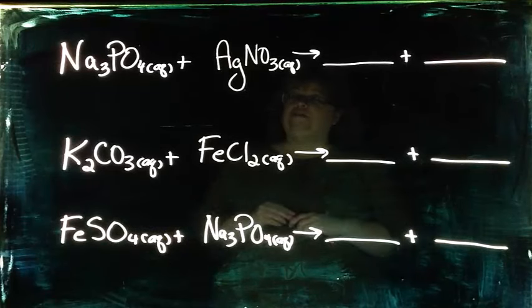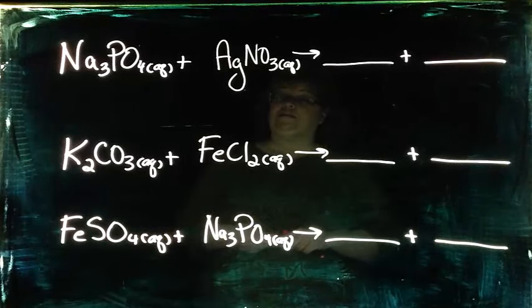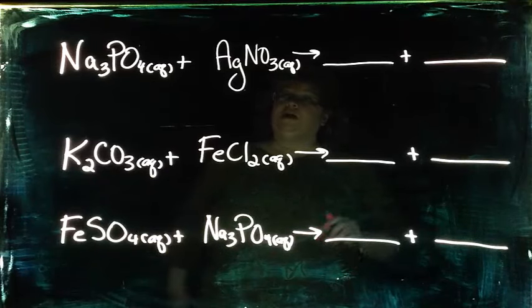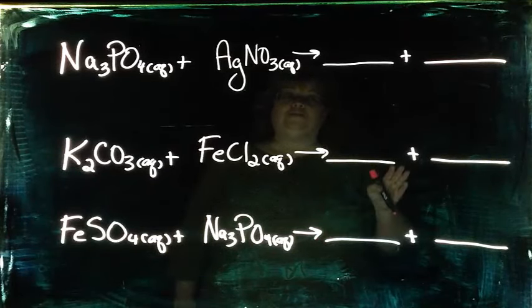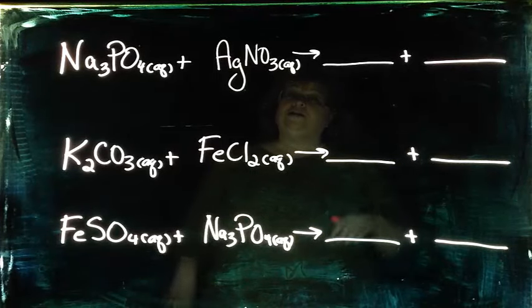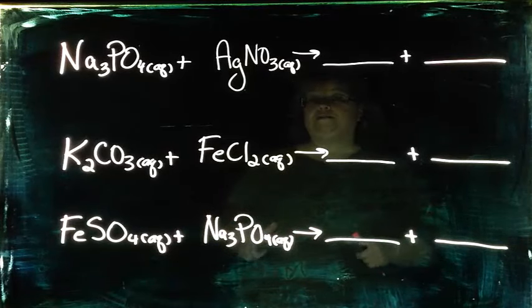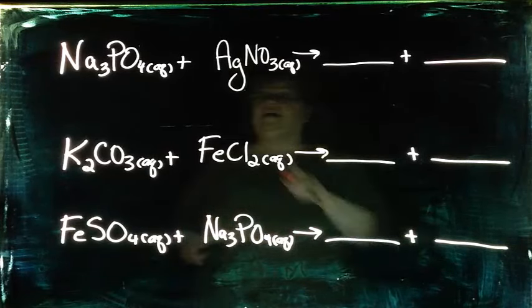Hi, what I want to talk about today is double replacement reactions. There are multiple steps that need to be done when we're doing all that we need to do with these. What I wanted to focus on at this point was how do you determine what products form? As we were classifying reactions in class, we know double replacements are two compounds reacting together, like these are,